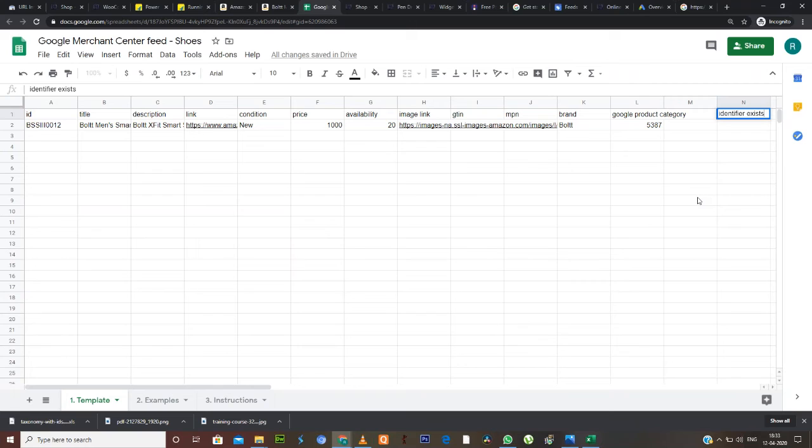So do not make any spelling mistake. It is "identifier exists", not "exit". EXIT is exit and EXISTS is exist. So identifier exists is false. So I don't have the identifier.